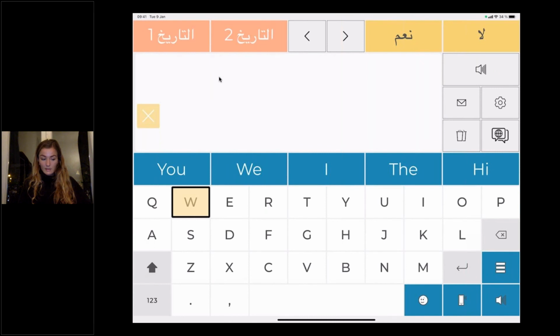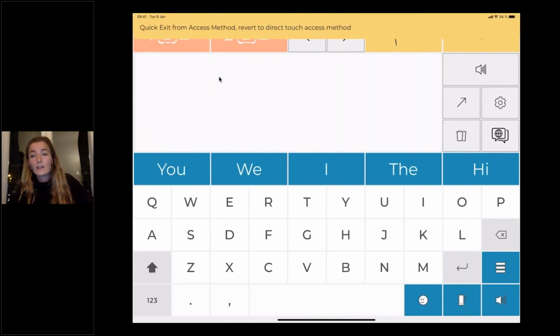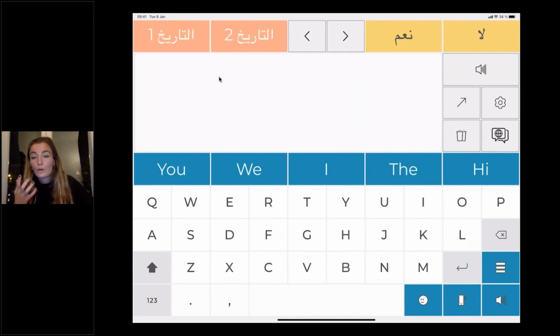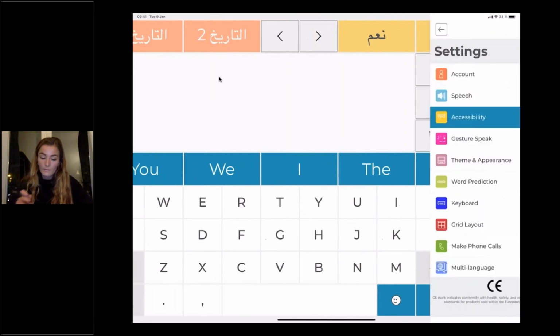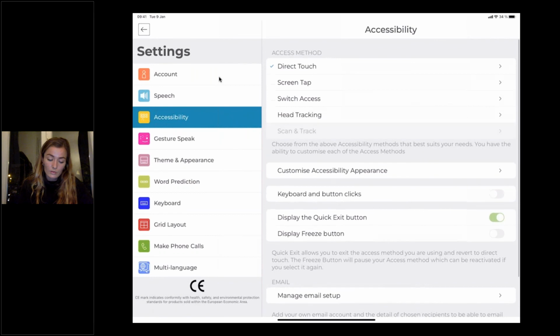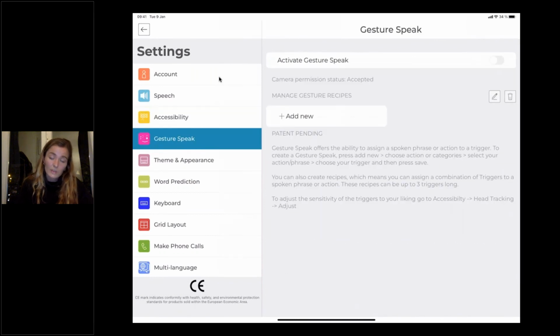So that's another feature that is not available on Android because we need the Apple camera to understand my face. I mean, to understand any human face, so 2 eyes, 1 nose, etc. So that won't be available on Android, as well as Gesture Speak, which allows you to attach a face gesture such as a smile, blink, or frown to a phrase or an action.